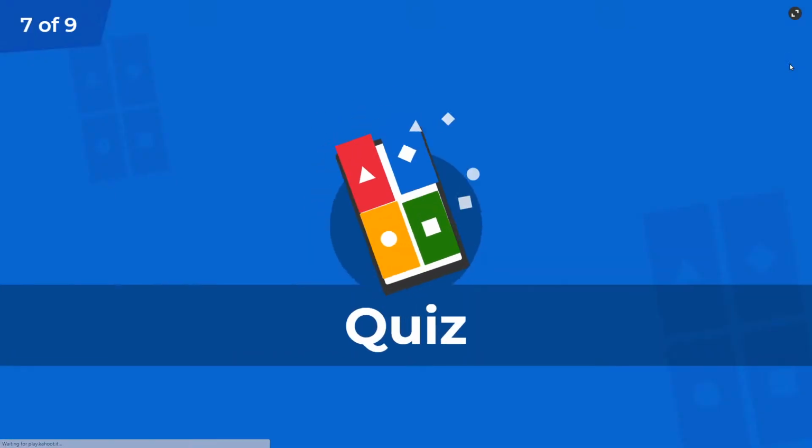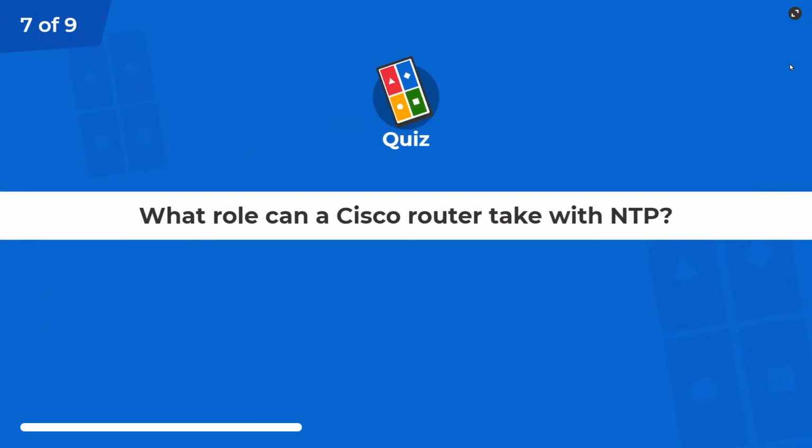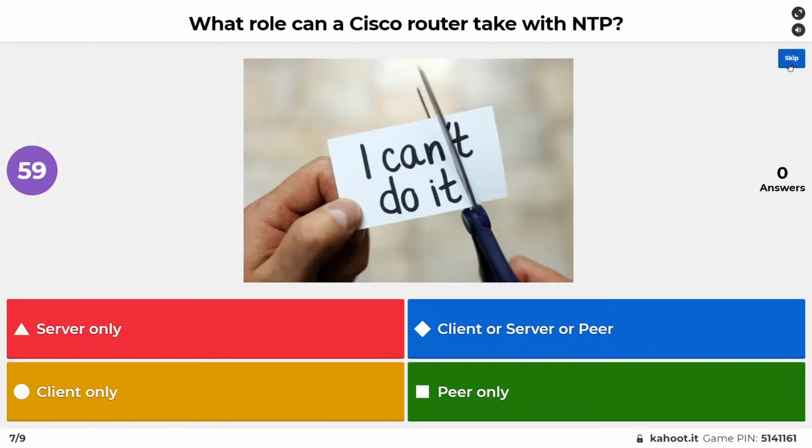We've got just a few more questions. Here's question 7. What role can a Cisco router take regarding network time protocol?